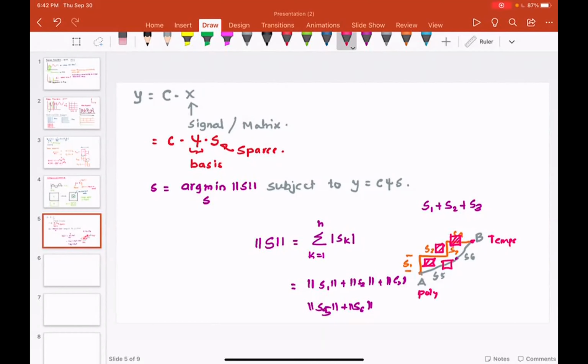Okay. All right. Now, a couple of important concepts. The measurement matrix C must be incoherent with the sparsifying basis, which means C should not have a direct correlation with psi. That is the meaning of incoherent.